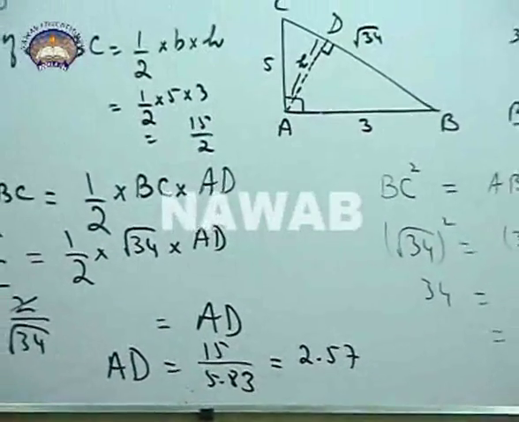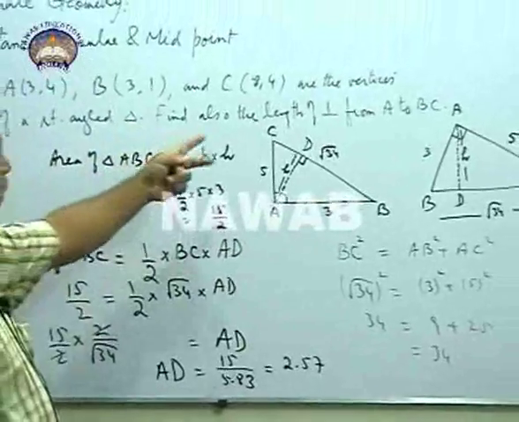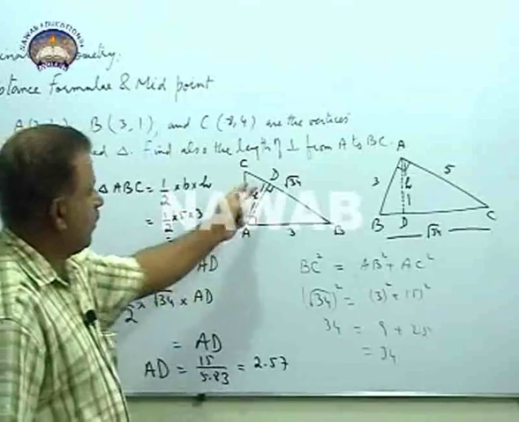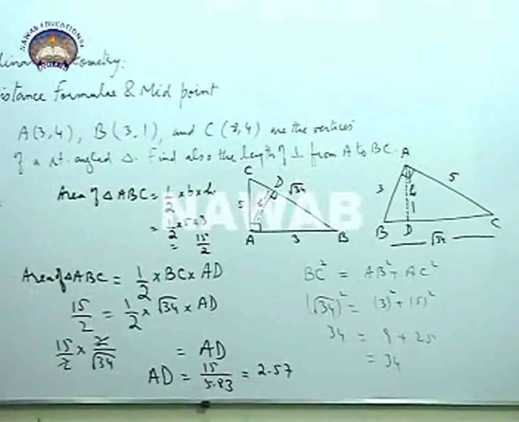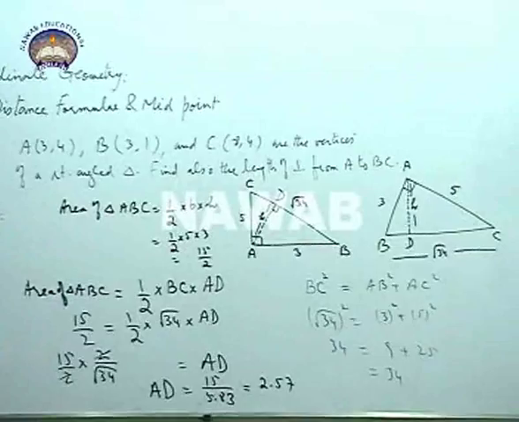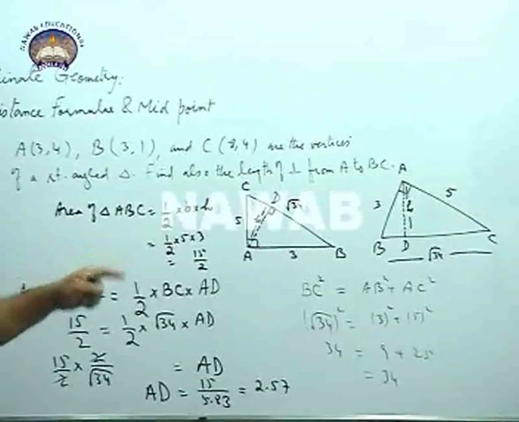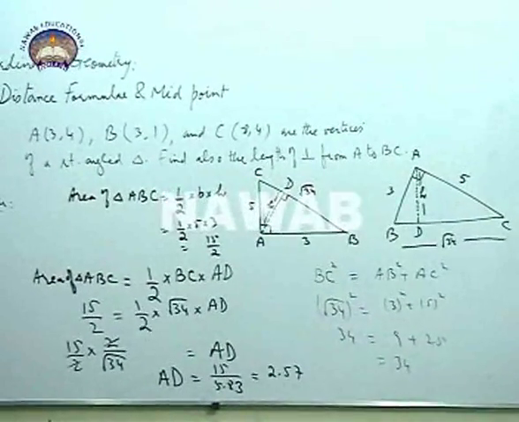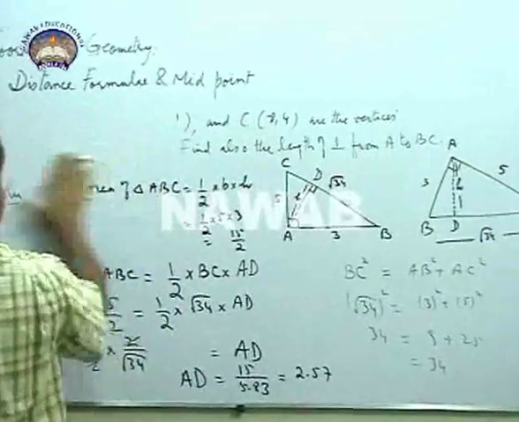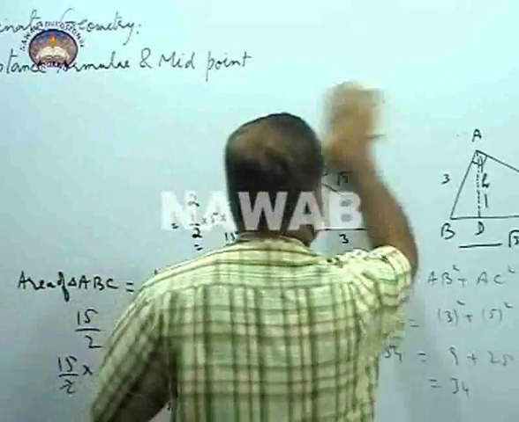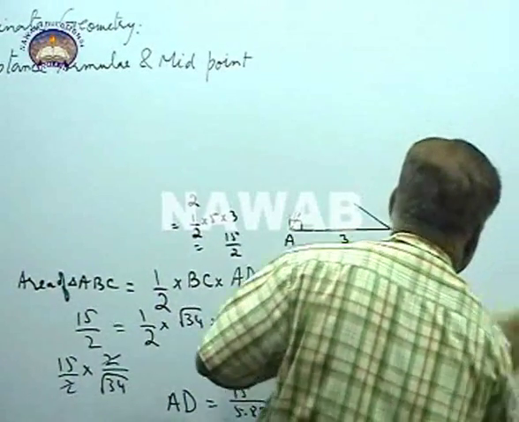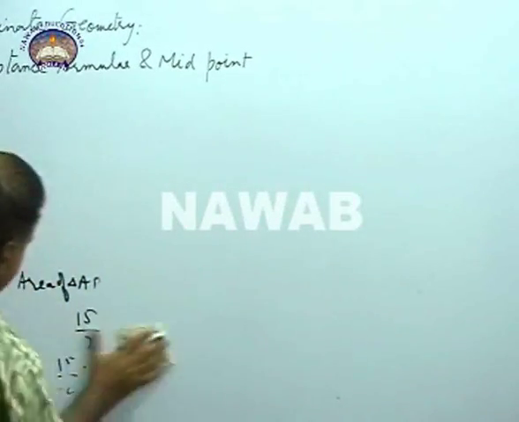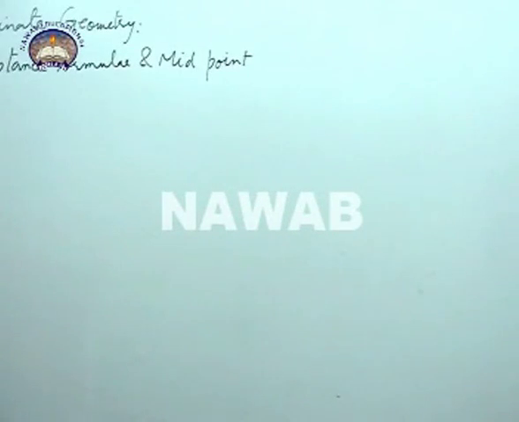So in this way it's a different problem, but here we are using the area of triangle formula, and then with the help of area you can find any altitude if all the sides of the triangle are given. If all sides are given, then you can find the altitude with the help of this formula. Similarly, yesterday I have explained to you before, if you are given,